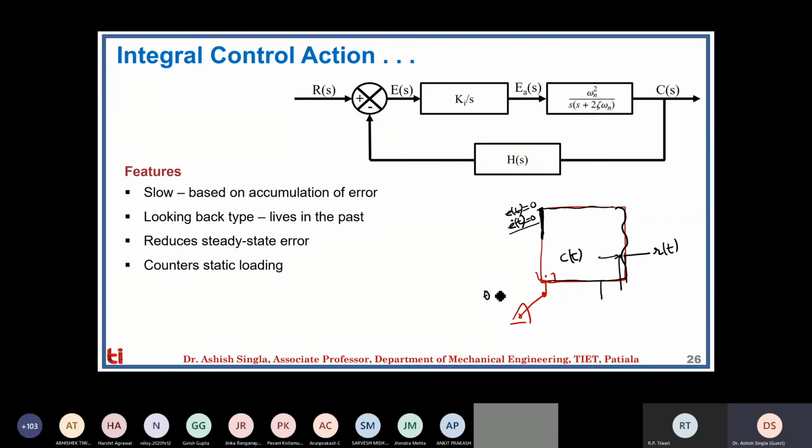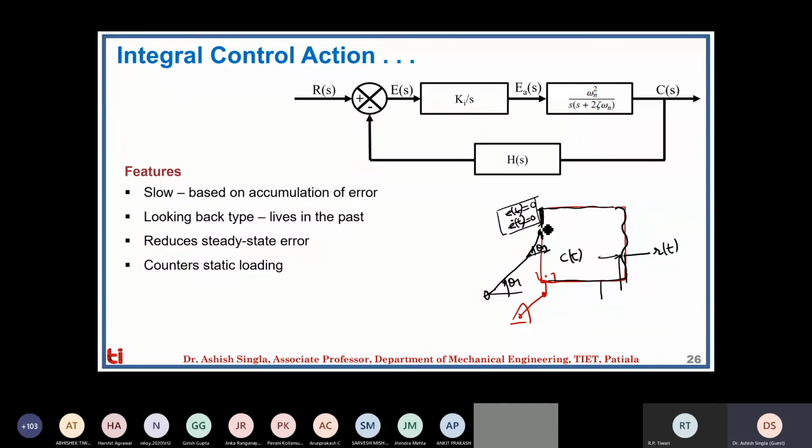But here you can see that if the robot has to stand over here, even if it is following the trajectory perfectly, if there is no output coming from the controller, the robot still needs some torque for both the motors in order to take this position. This is called gravity loading. So even if there is no error and no rate of change of error, in order to handle this gravity loading, the motors have to apply some static torque.